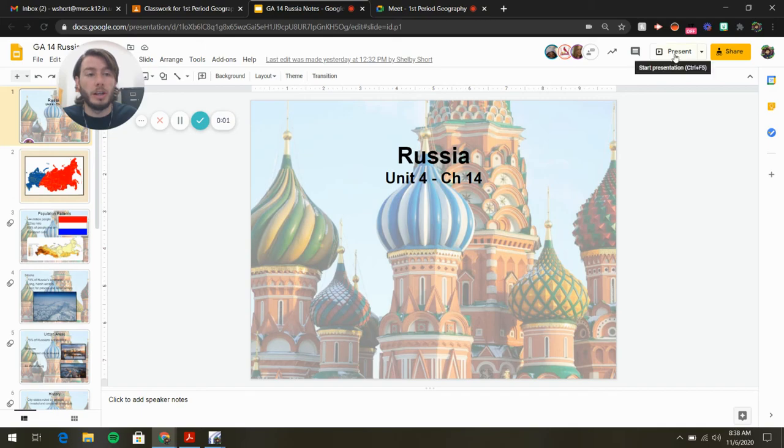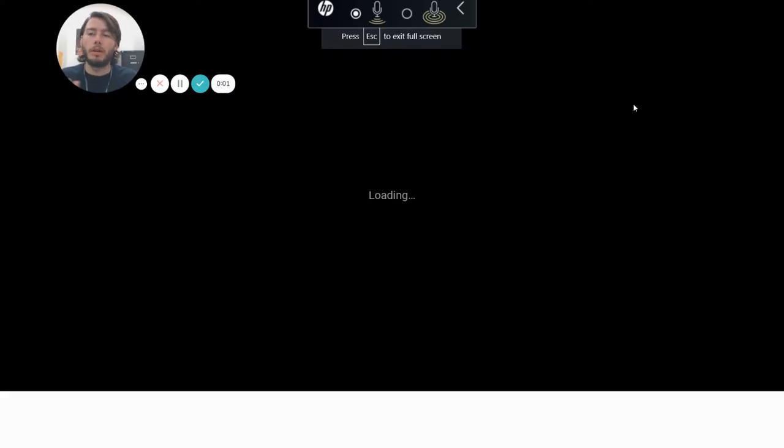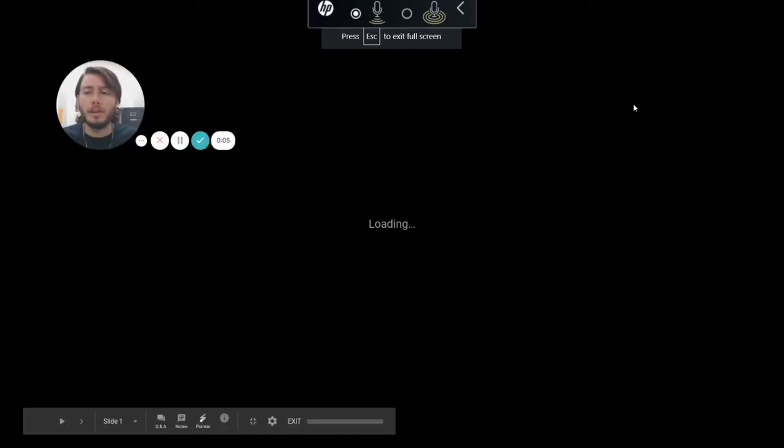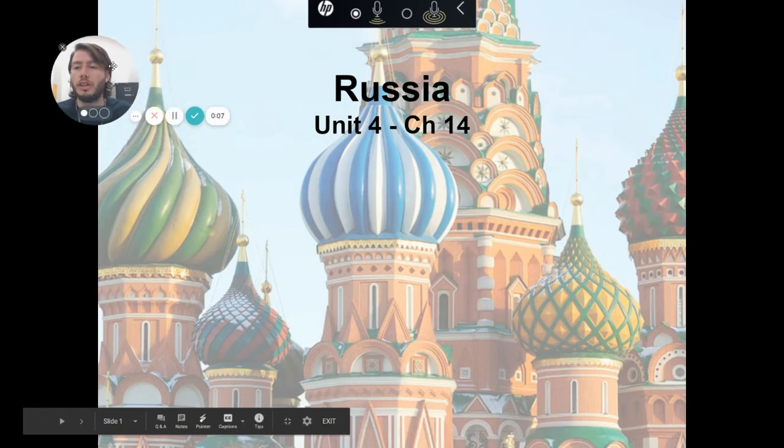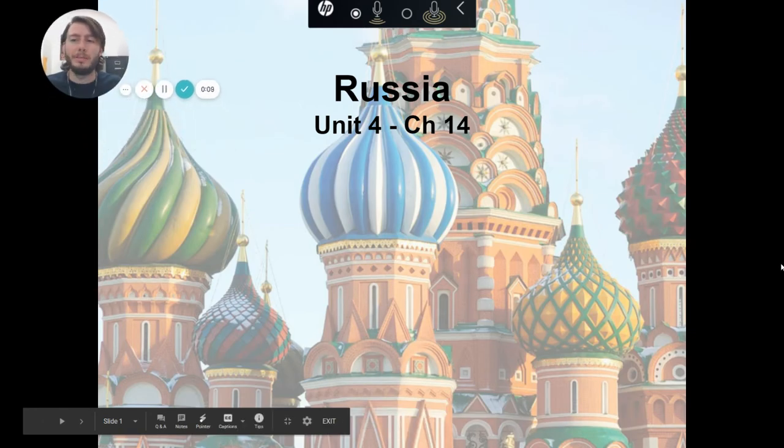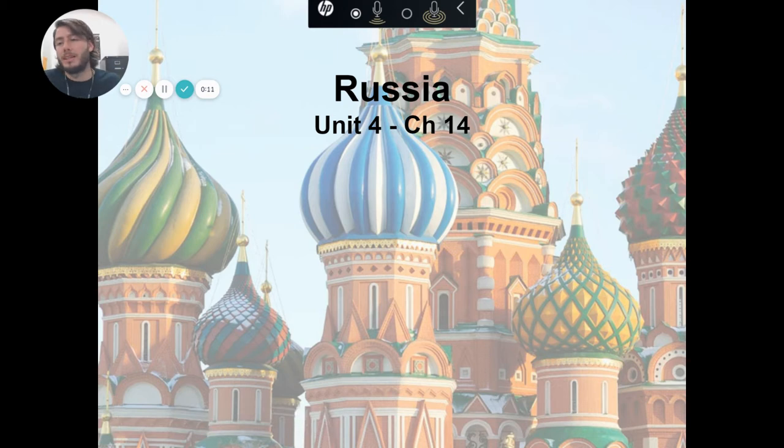Going to talk about Russia. This is kind of a weird section of notes for us in geography because Russia is not in Europe. I mean, it is in Europe, but it's also in Asia. And so it's really weird because we do Asia in geography B and we do Europe in geography A. So technically, Russia should be happening in between both trimesters.